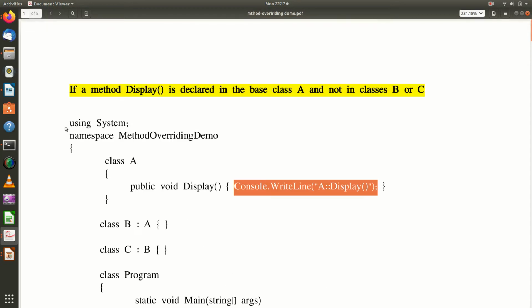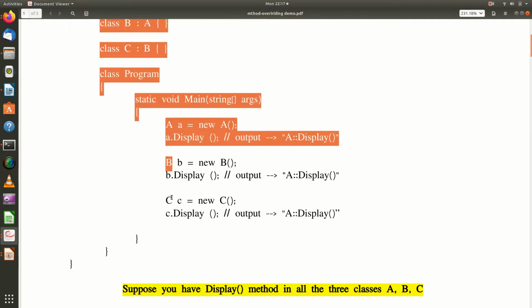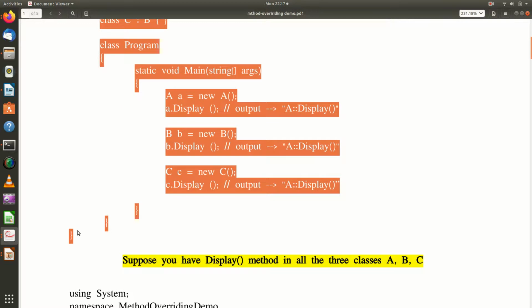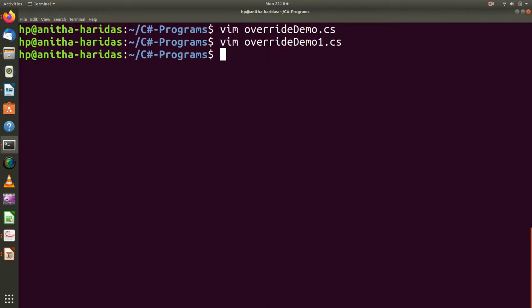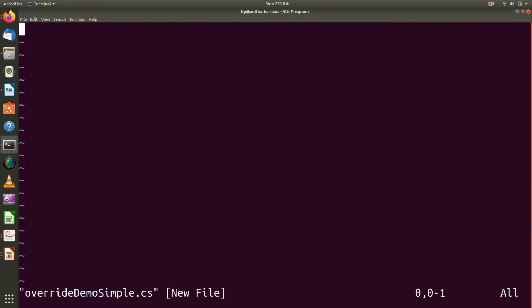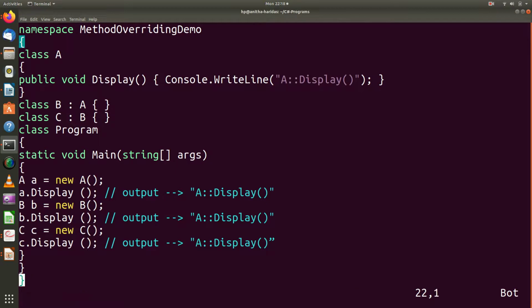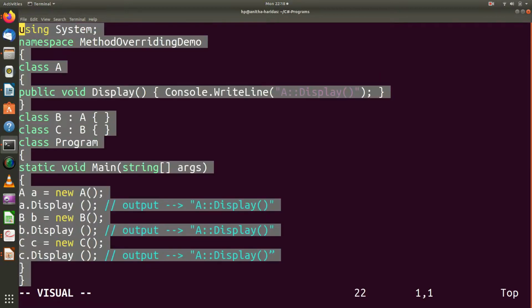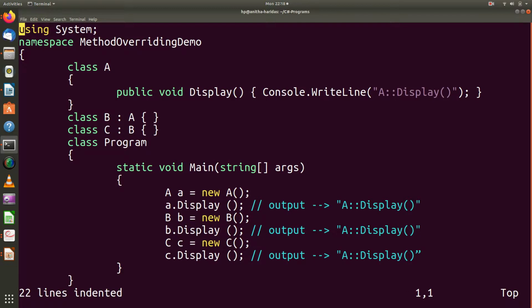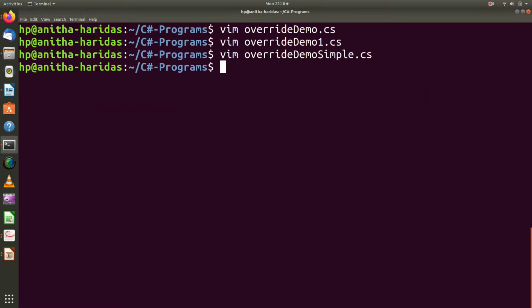Let me copy paste this program. This is the program. It's a very simple program that shows multi-level inheritance.